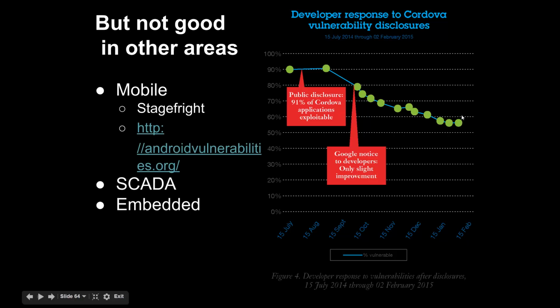And even in February of 2015 this year, about 50-60% of devices were still vulnerable to the Cordova attack,